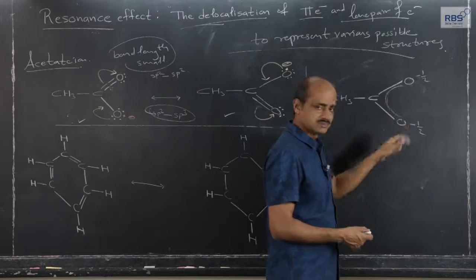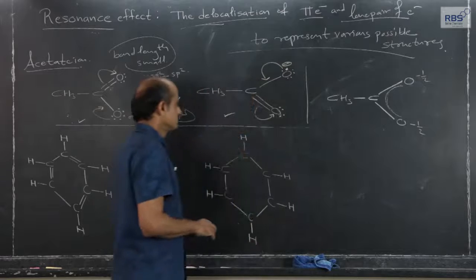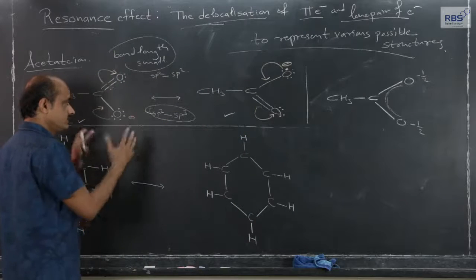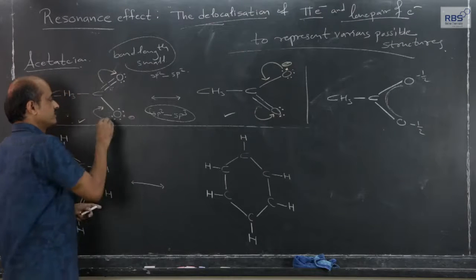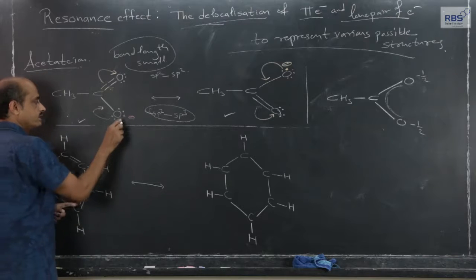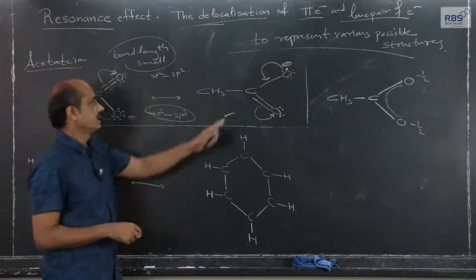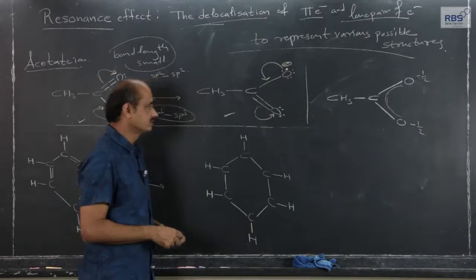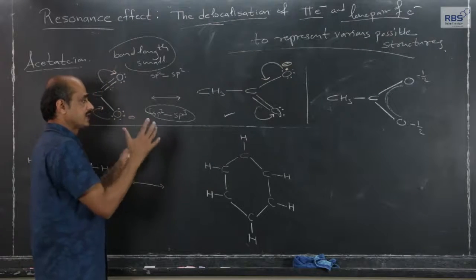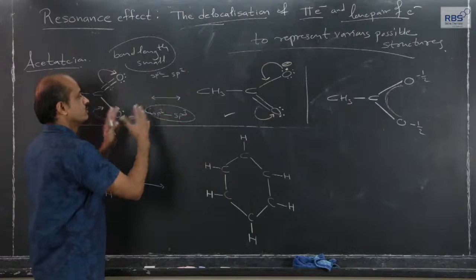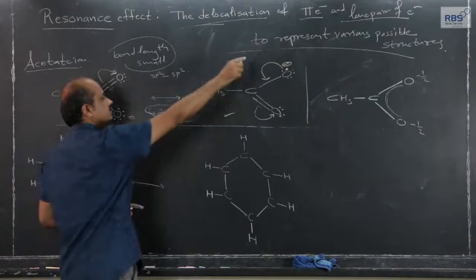Why this minus half? What does it mean? It only means that the 2 different structures which we use explain many of the properties, but not all. Either we consider this or that. The negative charge is present on this oxygen in this case, and on this oxygen in this case, a -1 charge. But actually, the actual structure is the resonance hybrid of these 2, and in the representation, instead of -1 here or -1 on this oxygen,